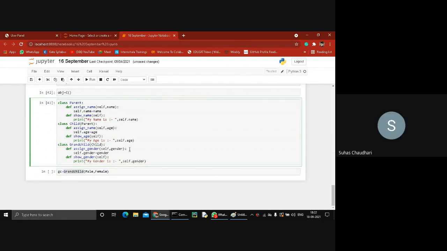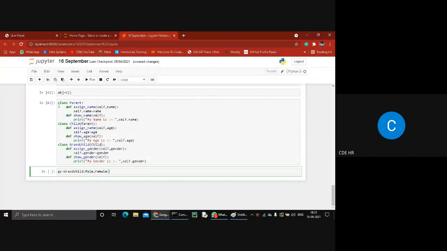For example, if we create a constructor in any class, like the parent class, then at that time we have to pass a variable into my grandchild object.